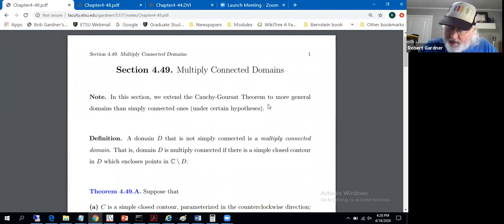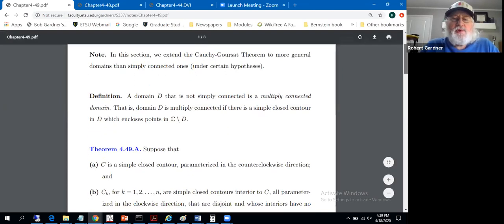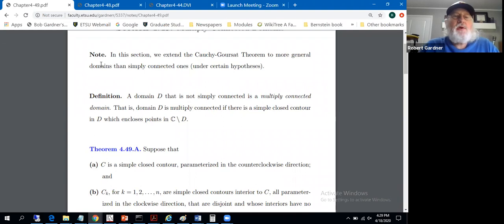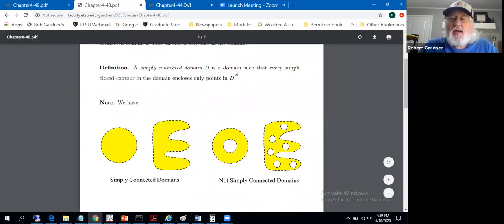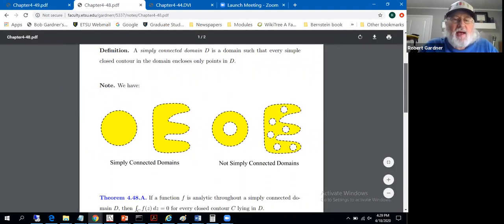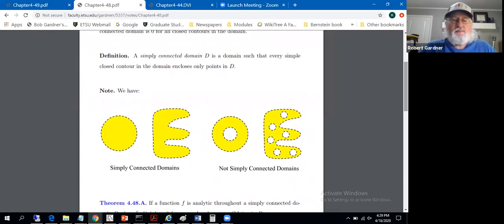Remember, Cauchy-Goursat says simple closed contour, function analytic on and interior to that contour implies integrals are zero. So integrals of analytic functions in the appropriate places will be zero. Okay. We'll define a multiply connected domain as one that's not simply connected. So let's go back and take a look at the pictures we had in the previous section for simply connected